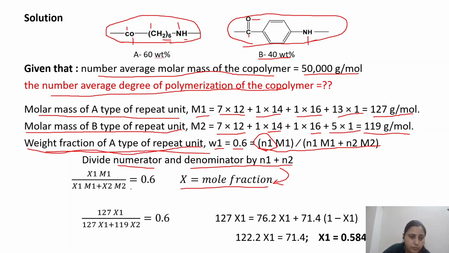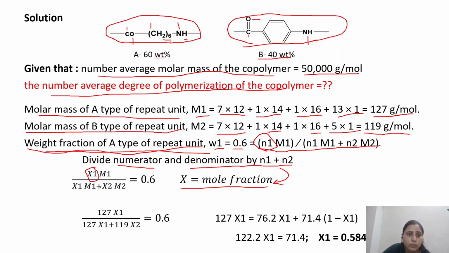When we divide the numerator and denominator by N1 plus N2, we are getting x1 and x2 in the formula. So here x1 is the mole fraction of A type of repeat unit multiplied by the molar mass of A type of repeat unit, which we can calculate based on the chemical structure or the chemical formula of the different monomers,